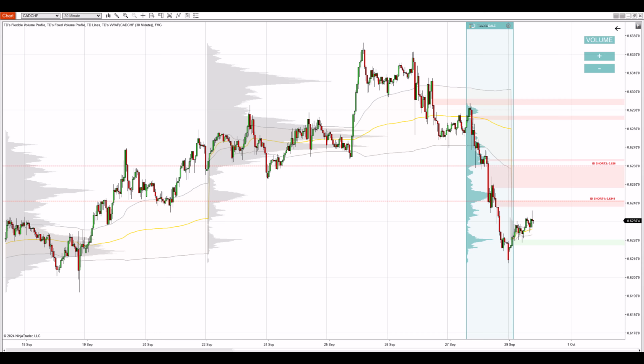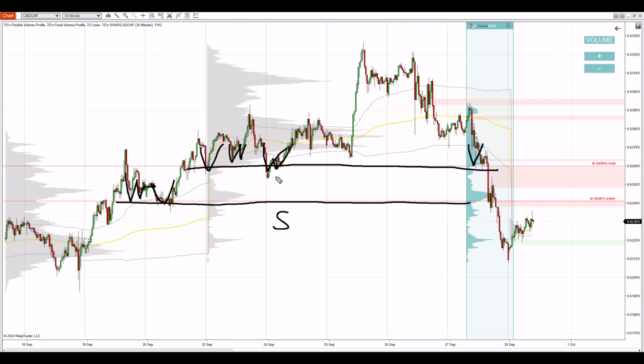not exactly to those zones, but there were a couple of reactions to that first level, and also a couple of reactions to that second level here, and also this one. Don't forget about this one. So those zones acted as supports in the past, and when the price went past them, they became resistances. Alright, so we just need to wait for the pullbacks, and when the price reaches those resistances, then take it